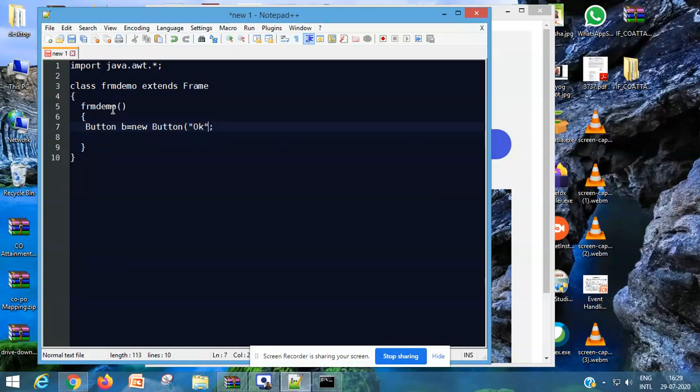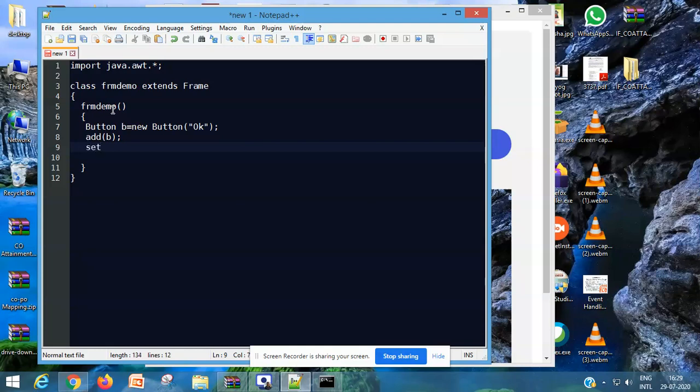Now add this button using add(b); Then the frame window defines setSize and setVisible methods, which are used to set the size of the frame window and to display the frame window.